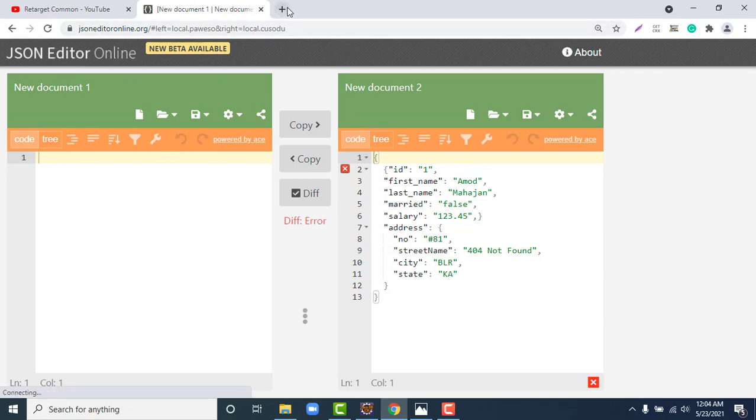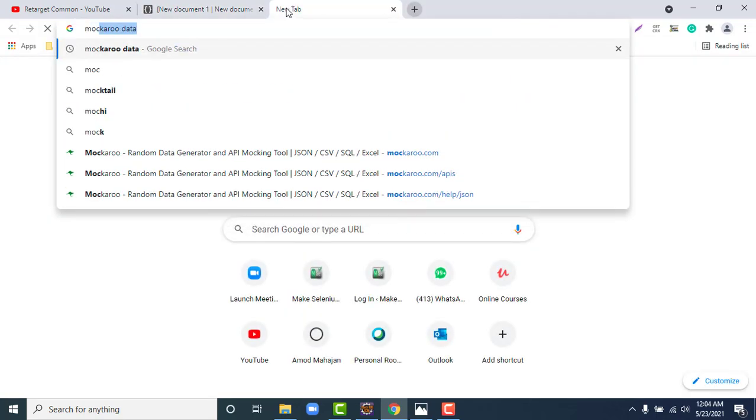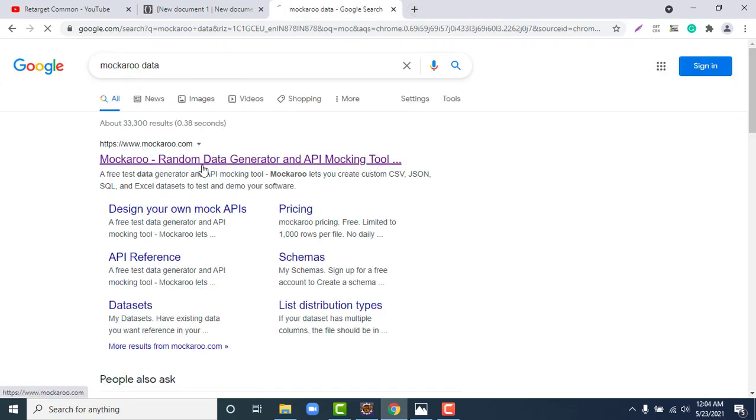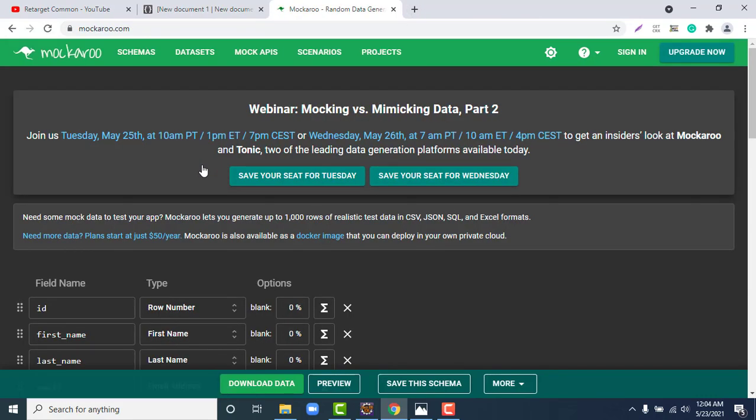Or let me cover, okay, so for test automation, generally we require data, right? We might require data of CSV, Excel or JSON kind of things. So instead of creating it manually, there are so many other ways we can do it. Suppose you are running in Postman, for the Postman collection you need to pass a data file. So instead of creating it manually, there's one website, Mockaroo, Mockaroo data. This is much better. You can use this one. So today we are going to use the same website to generate our JSON array data.